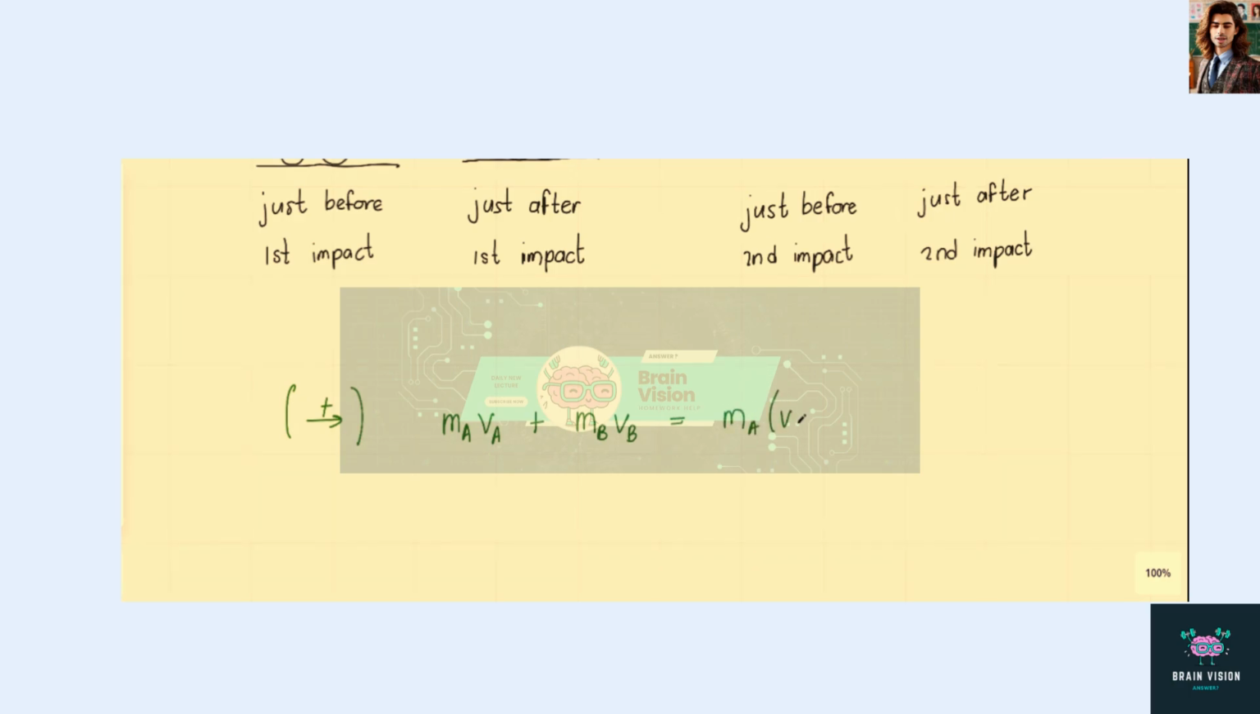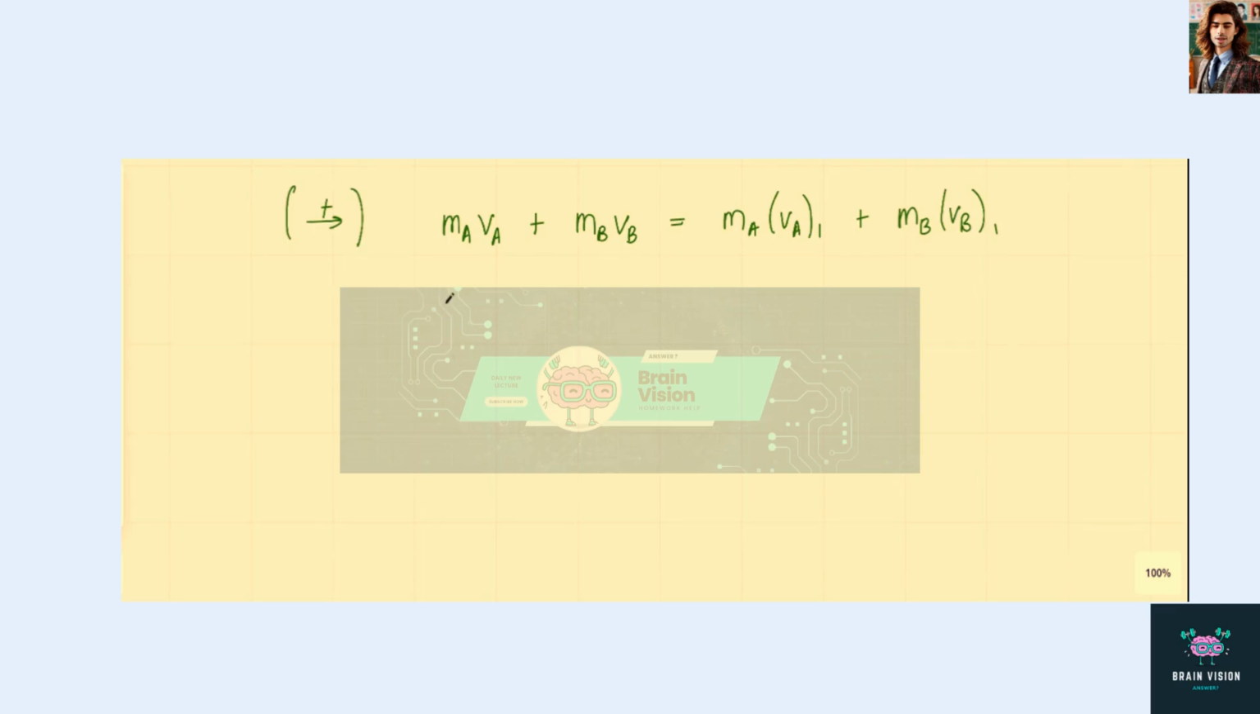MA VA1 after the collision plus MB VB1 after the collision. So putting our values in here, this is M V0 plus 0, while B is at rest, so it has no momentum. And this is equal to the mass of A, which is simply M, times VA1 plus M VB1. And so if we divide both sides by M, we get that